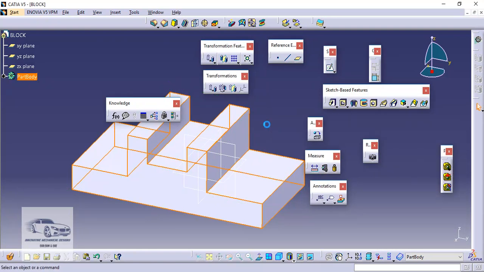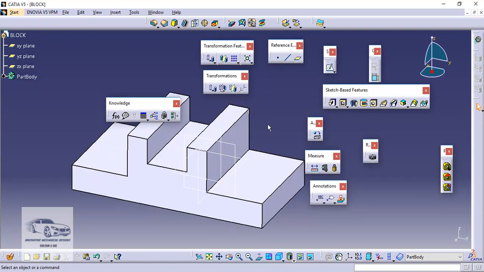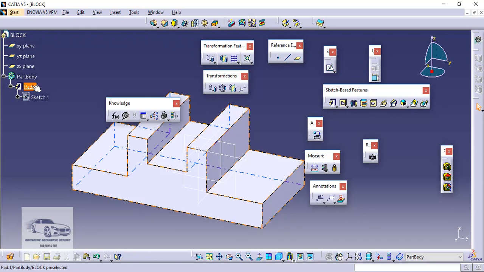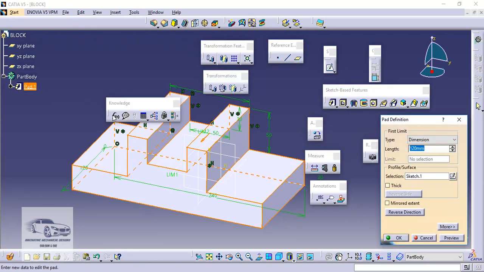Then OK. We can also go by this approach, but for example, if I want to add the material equally on both the sides, then here we have to pick this option, that is mirrored extent.